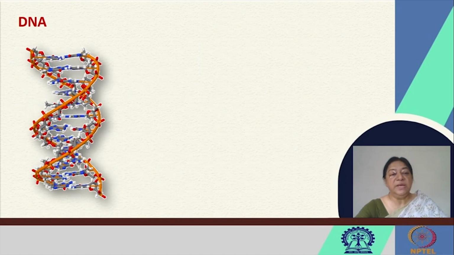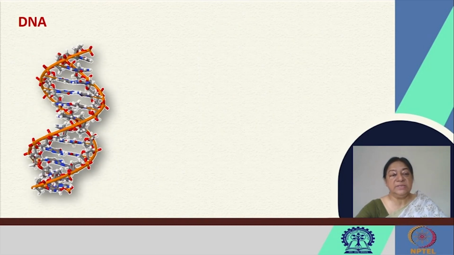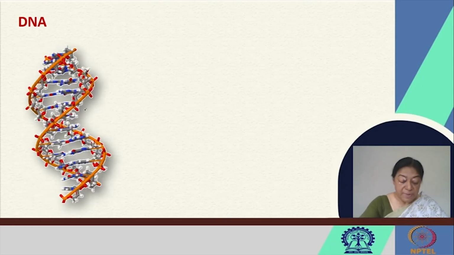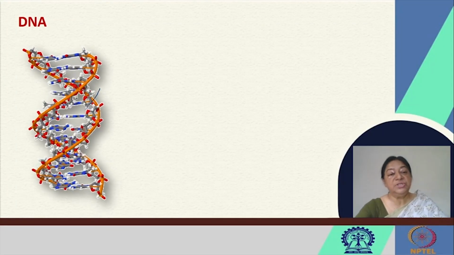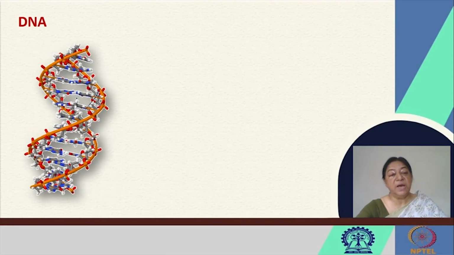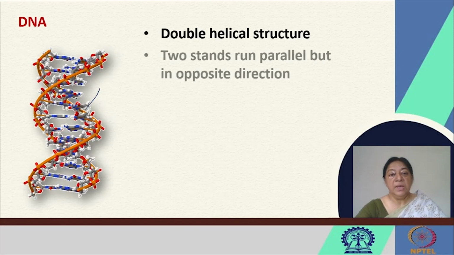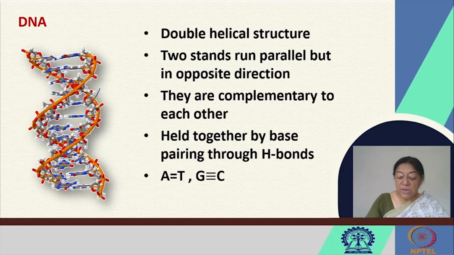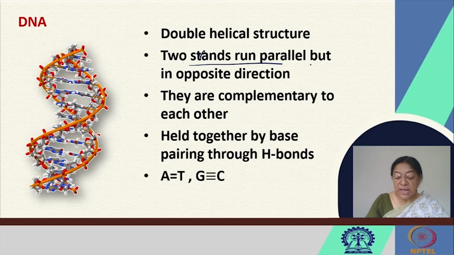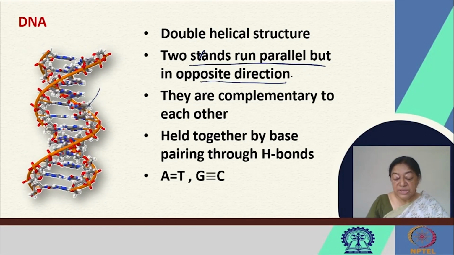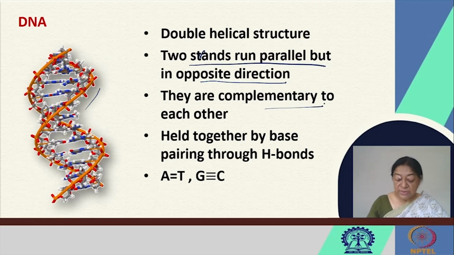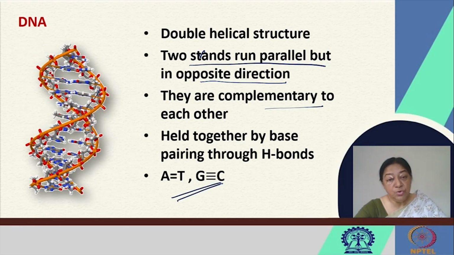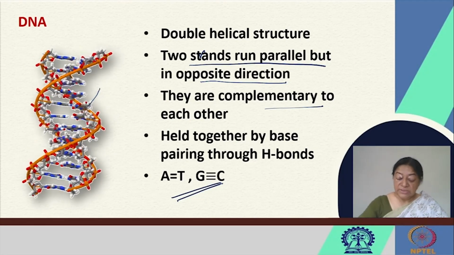The structure of DNA is unique in its double helical array, where the sugar phosphate forms the backbone and the nitrogenous bases form specific hydrogen bonds between them. And these are complementary to each other, where the two strands actually run parallel in opposite directions. They are complementary to each other and they are held together through adenine thymine 2 hydrogen bonds and guanine cytosine